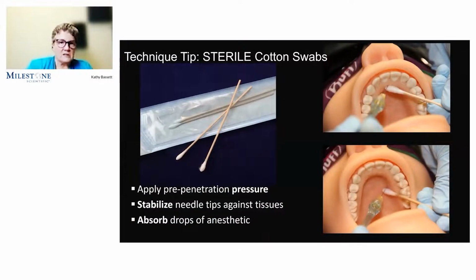Another little reminder, if you're doing PDLs or nasal palatines, AMSAs, you just keep a little supply of sterile cotton tips available. Then when you go to do those, you can keep that cotton tip right near your insertion. You don't need to worry about contaminating your needle, and it'll just absorb any extra fluid right at that insertion site and keep that bitter taste away from the patient.